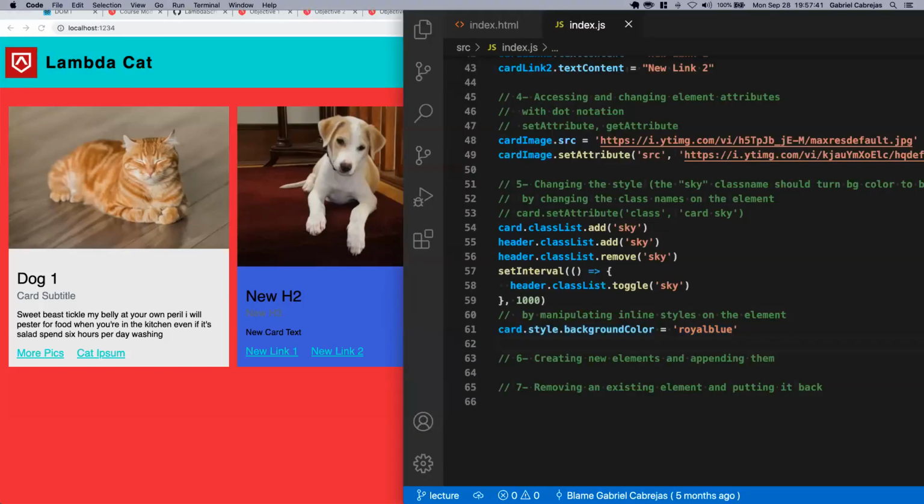Cool. Now, what time is it? We have 3 minutes left. Right, so